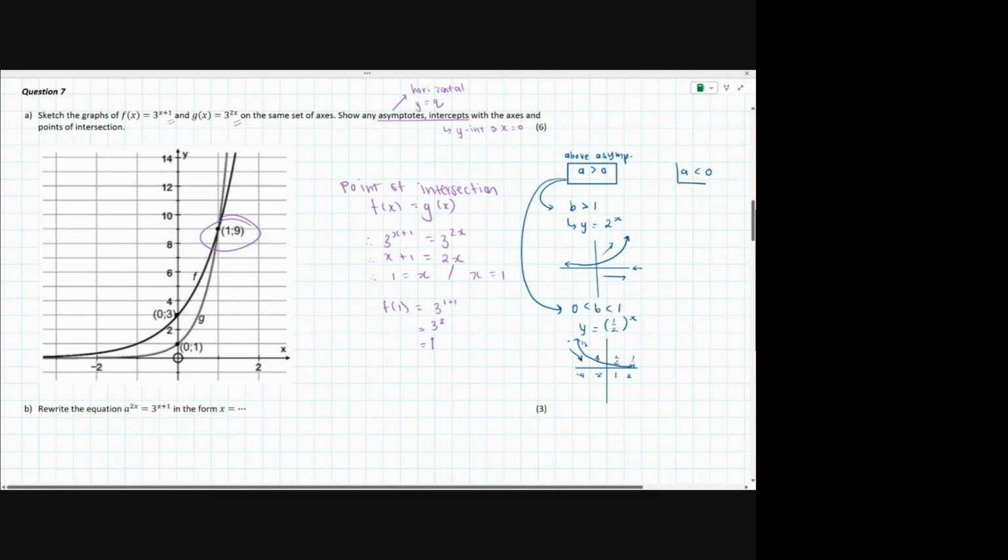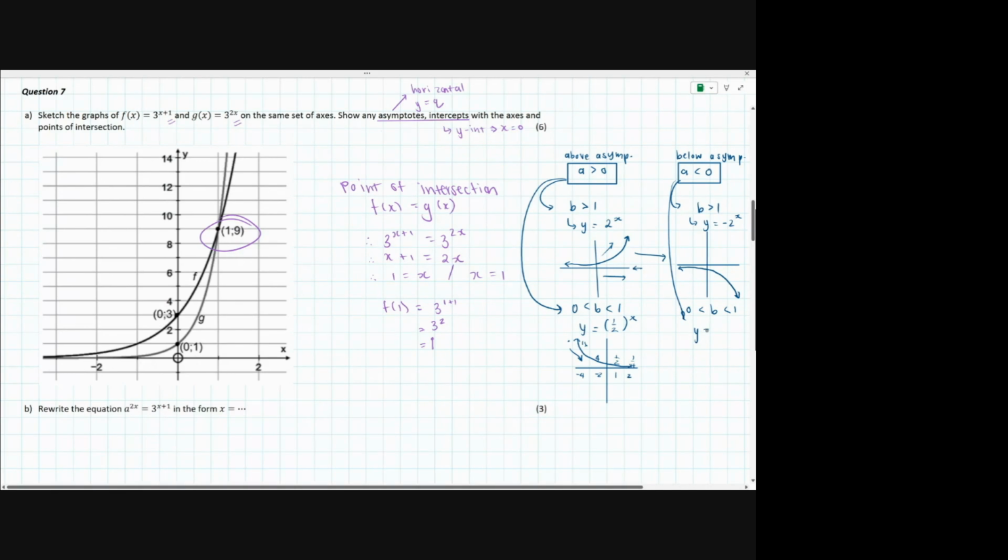When A is negative, this is where things are a little bit weirder. This now means it is below your asymptote. And basically, it's a reflection of these graphs that we've spoken about. So if B is greater than 1, all that's going to happen is that this graph I've just drawn is going to flip over my x-axis. So now let's say, for example, we had y is equal to negative 2 to the power x. My graph now decreases from left to right like that. You can see it's a reflection over the x-axis. And then if B was a fraction,